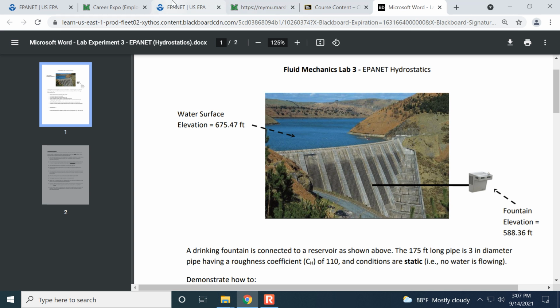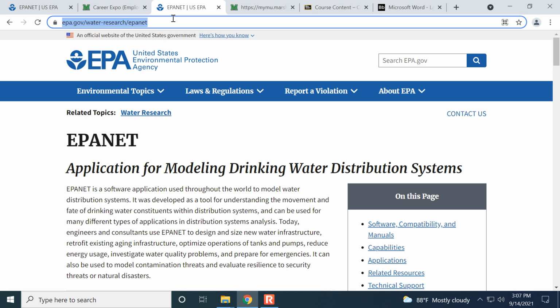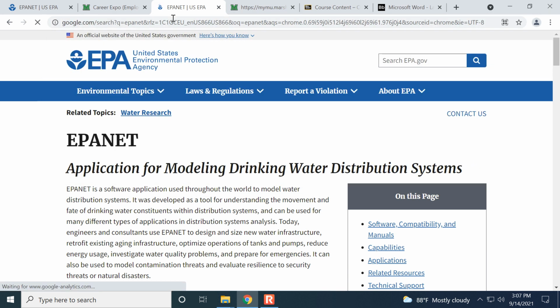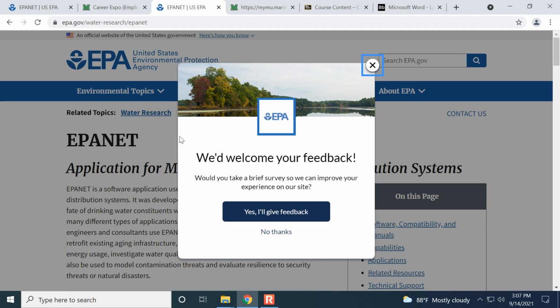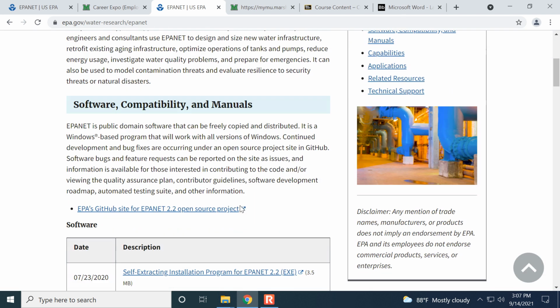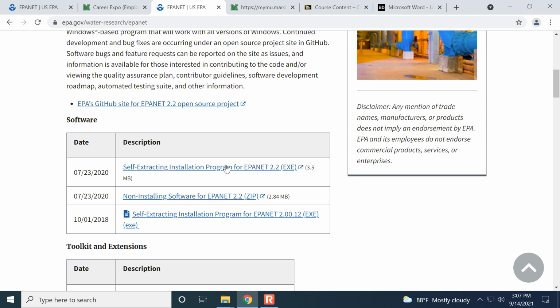So you can get EPANET by going just to Google search. If you Google search EPANET, the first result here is the program page for this software. So if you've got a computer, go ahead and fire it up. Go to your search bar, search for EPANET, and as you scroll down, the top two results, one of them is an installation program for the software, and the other is non-installing. And the difference being that if you use the installation program, it goes into your registry,